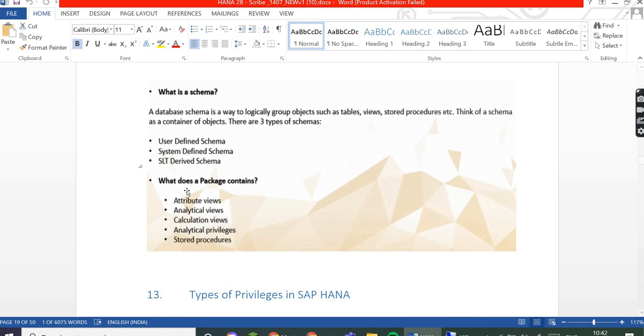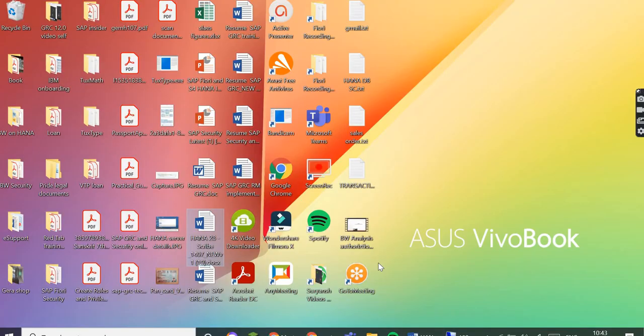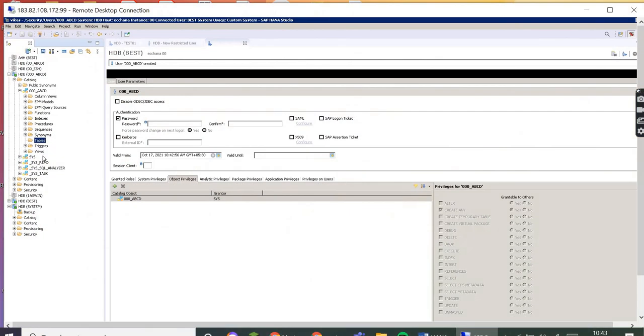Yeah. The system defined schema means when we create a user, the schema will be automatically created, and that will be called a system schema. Actually, the system will be defined by SAP itself. So we are not defining this schema because these users are defined by SAP itself. Whenever we are creating any system user or any user, a schema with his name gets created, and by default the user will see the default schema, and this will be assigned to all the users.